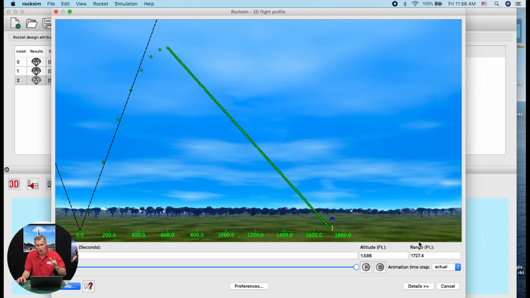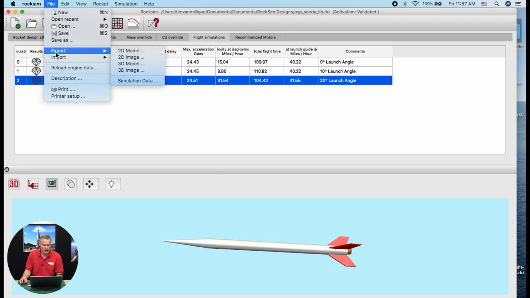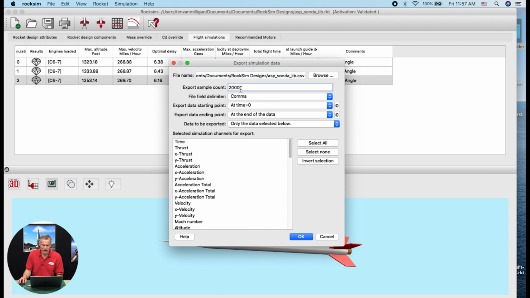Now you can make other parameter changes that you might want to see, but I'm going to be doing altitude versus range at 3 different launch angles. So I'm going to click cancel here. Now, you need to highlight the simulation, and we're going to go to the file menu, go to export, and then export out the simulation data. And we're going to export out